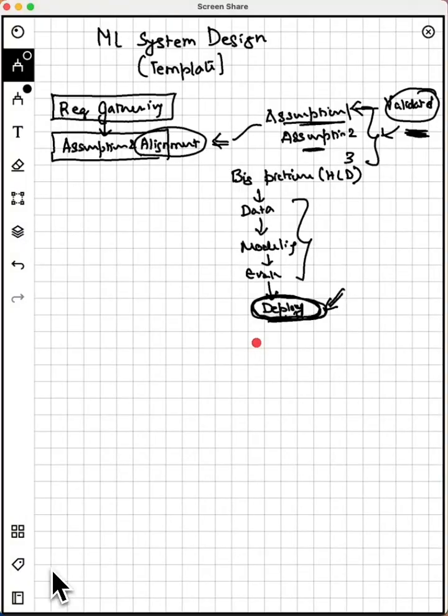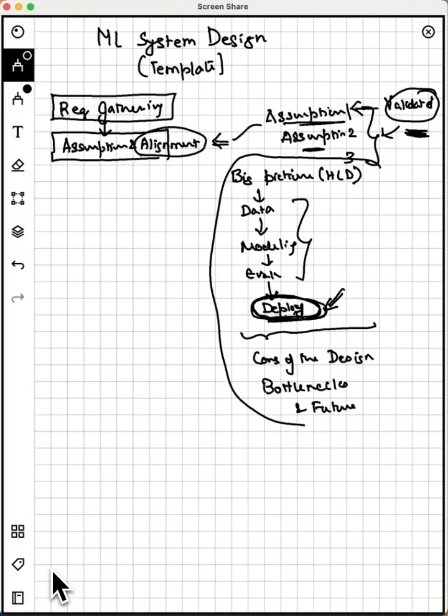And what is also great is after we have completed our design, we are able to talk through the cons of the design, okay, which is what are the bottlenecks and how will it evolve in future. So this is a view that you need to give to your interviewer, and these will also be our next